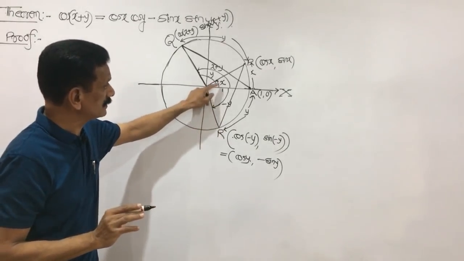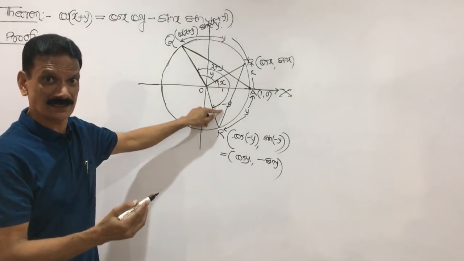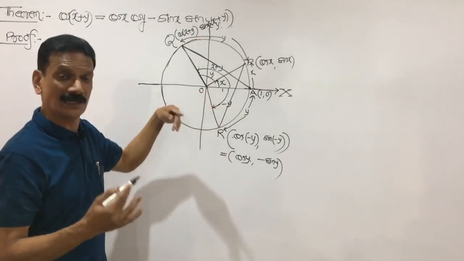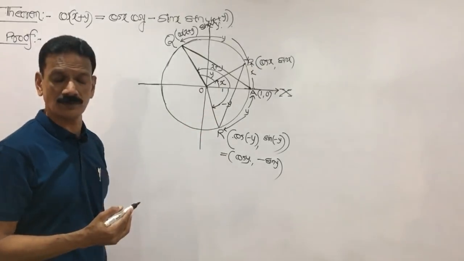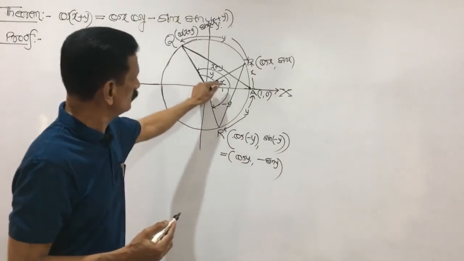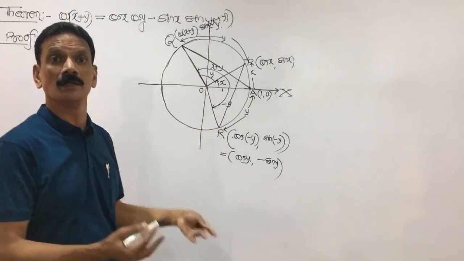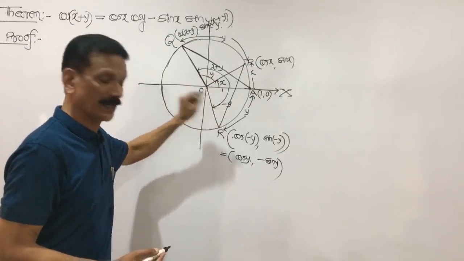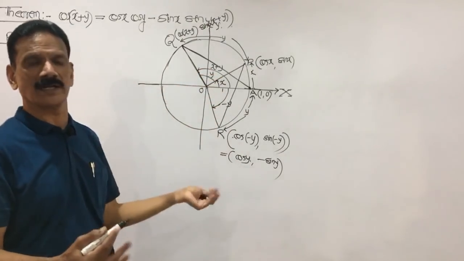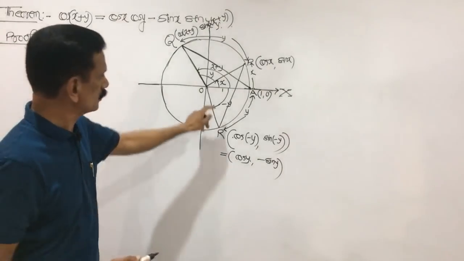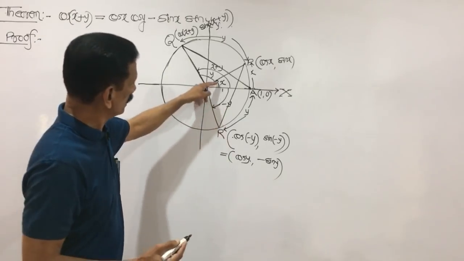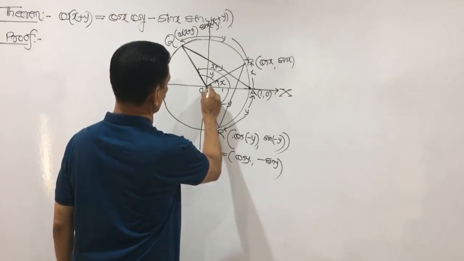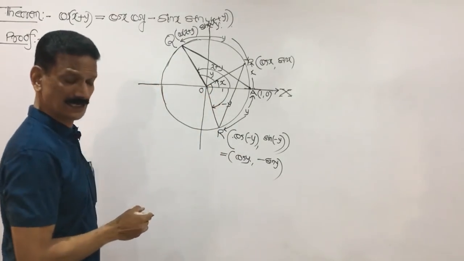For example, suppose this is 30 and this is 60. Then 30 and 60 make 90, not minus 30, because we should take the numerical values. Suppose this is 60 and this is minus 60; you do not get 60 minus 60, which would be 0. Is it a 0 angle? No, my dear friends, it is the x plus y angle, because 60 plus 60 we write as 120, not 0. So we take the numerical value, so this angle is x plus y. These two angles are the same, my dear friends. This is also x plus y.